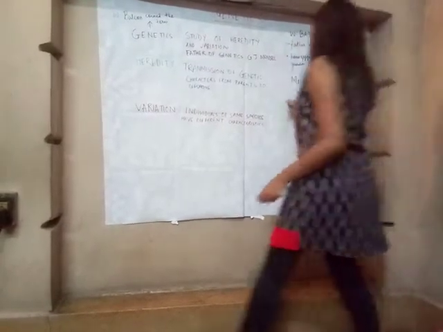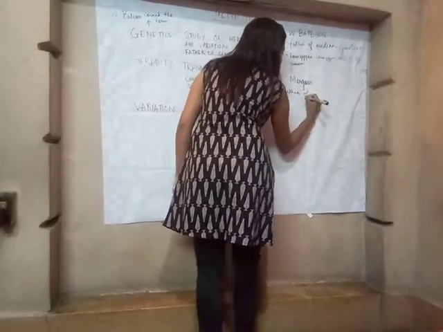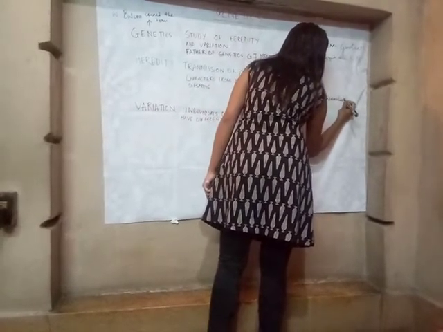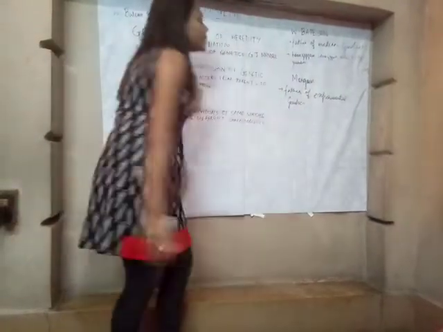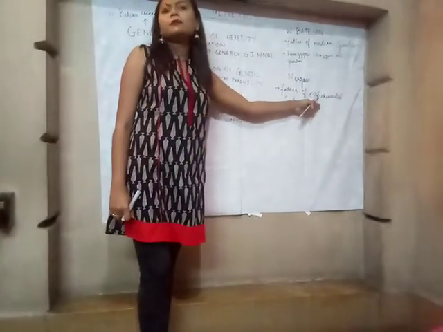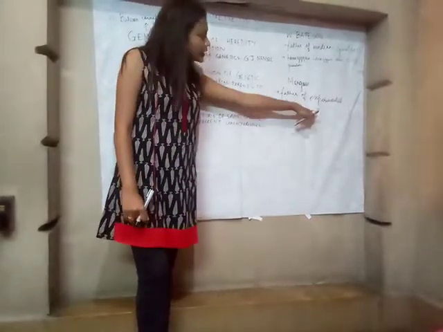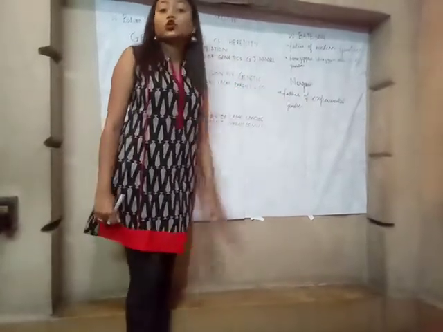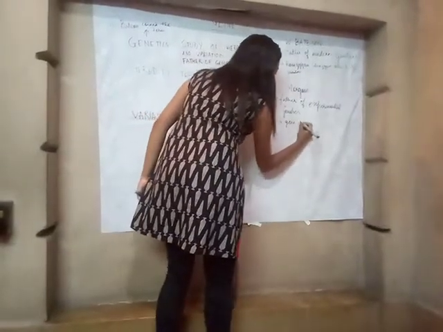What did Morgan do? Morgan is known as the father of experimental genetics. Why? As per the name, experimental means he definitely would have conducted many experiments. Yes, he did. He conducted his experiments on Drosophila. He conducted a lot of experiments on Drosophila and thus gave the concept of gene theory,